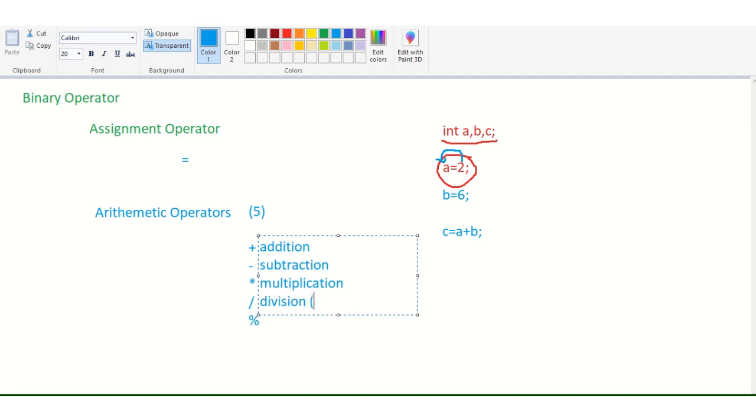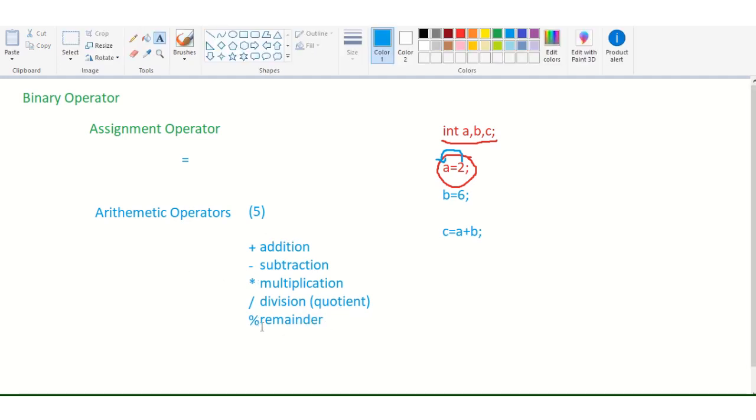This gives us the quotient as the result. This also performs division, but it gives us the remainder. If the remainder is 0, this gives us 0, right?